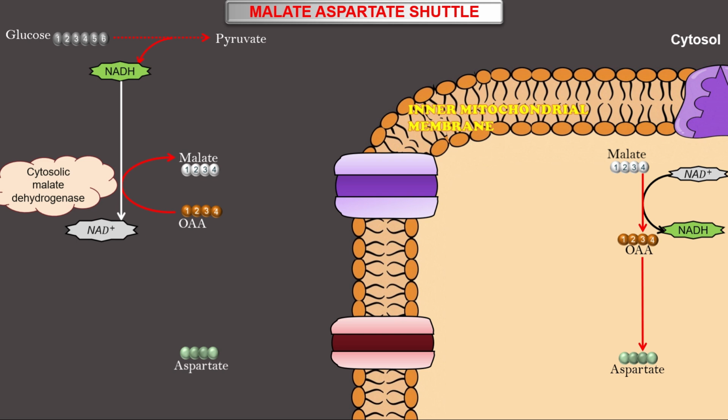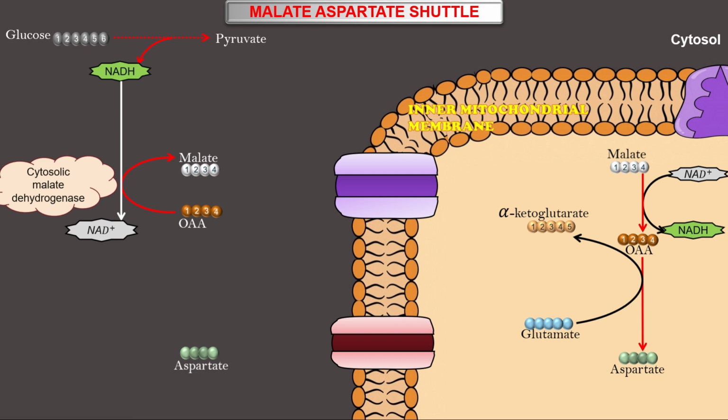Now, this particular reaction where we convert oxaloacetate into aspartate is a transamination reaction. Remember, oxaloacetate is one of the intermediates of the Krebs cycle, but aspartate is an amino acid. It means that we transferred an amino group to oxaloacetate to form aspartate. Which molecule provides this amino group? It is another amino acid called glutamate. Glutamate provides this amino group, which we add to oxaloacetate and then form aspartate. And once it does so, it gets converted to what we call